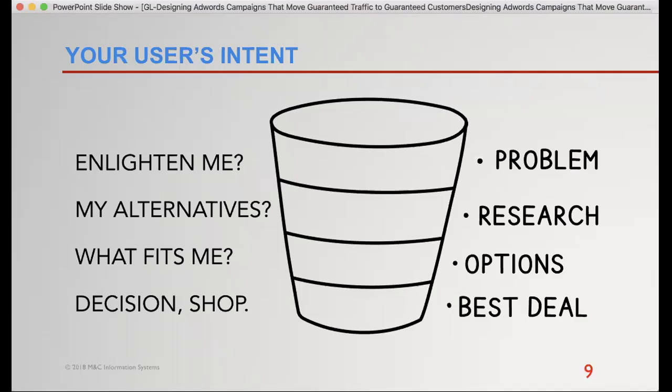But being able to describe your user's intent and then thinking about keyword groups, right? So an Enlighten Me campaign. If we think of all of AdWords at the very top, then we have Enlighten Me campaigns. I've got campaigns around helping people sort through alternatives. I've got campaigns around people who've already decided that our solution would be part of the alternatives that may fit them, and being competitive in there.